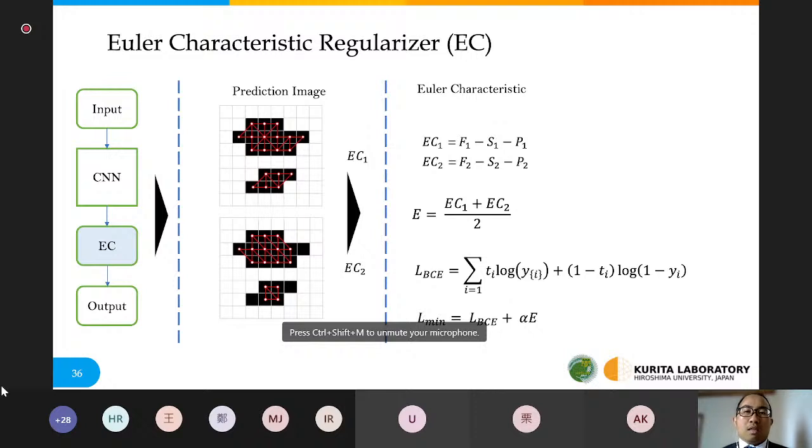And then to address the invariant problem, we calculate the Euler characteristic in two directions and then calculate the average of two directions. And then finally, the total number of isolated objects is computed by averaging between two directions and combined with the binary cross entropy loss function or dice loss.